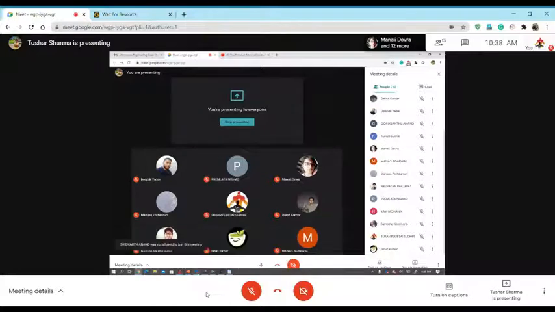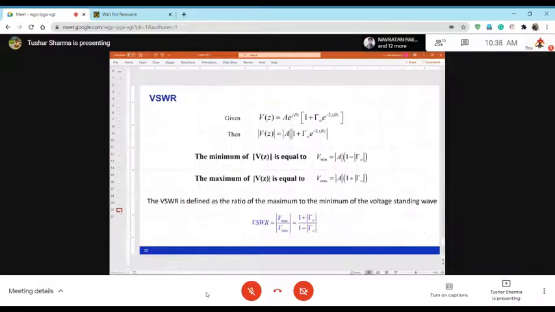So let me go back to the VSWR thing. Last time we saw this equation, right? Say my gamma, which means the reflection, is 0, my VSWR is 1. I was explaining this last time. Say my system is matched, I have a 50 ohm line matched to a 50 ohm antenna impedance. Perfect, my VSWR is equal to 1. Impedance changes from 50 to 100. Then what happens is my VSWR has changed.